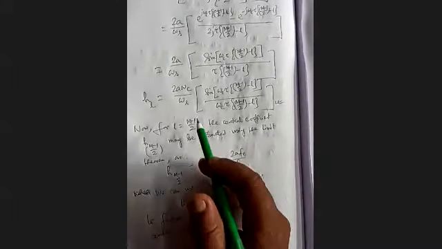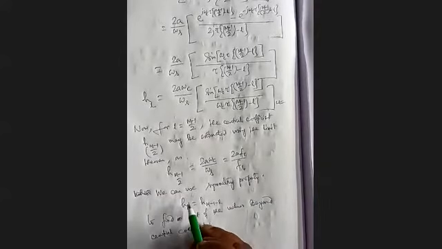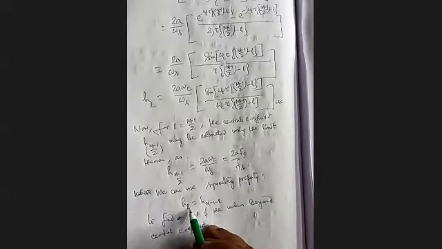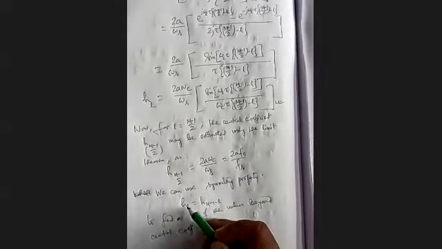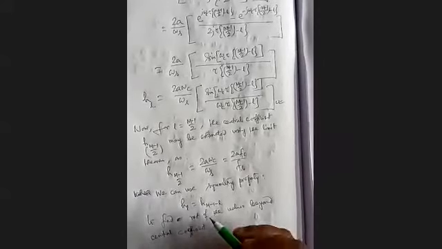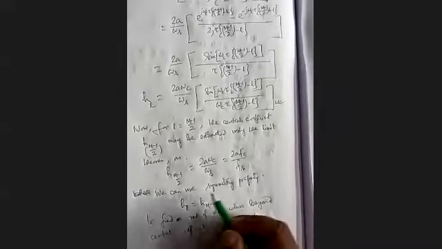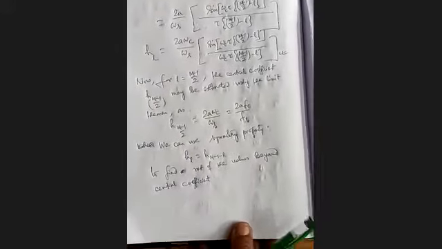After the middle value, we can use the symmetry property. So, what will be the next value? You put m minus 1 by 2 plus 1 here, and you will get that all the values will be coming using the symmetry property. So H0 will be equal to H m minus 1, H1 will be equal to H m minus 2, H2 will be H m minus 3. This way, the rest of the values will come after the central coefficient. So we need not calculate all the values separately using that particular formula.